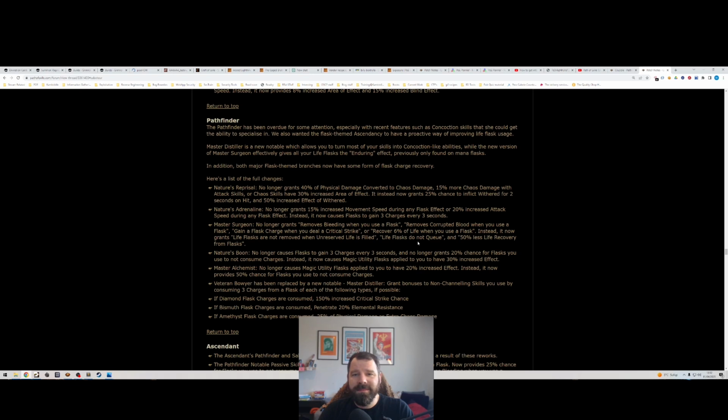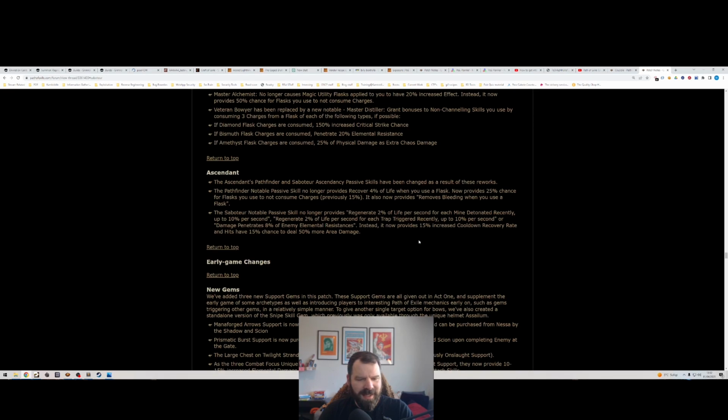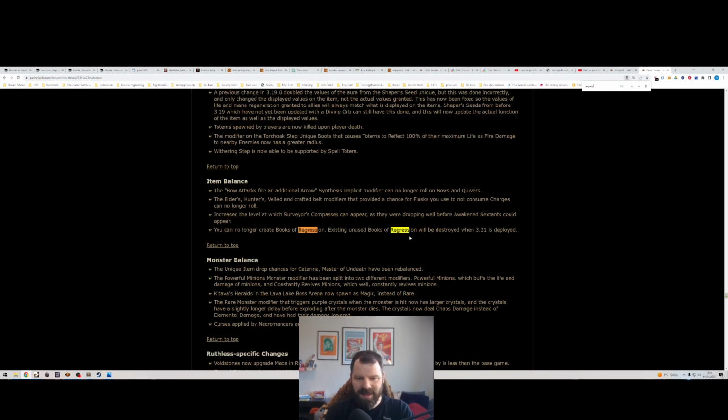Infinite Heist is dead. That's gone. You can't do that anymore. It's completely removed. They changed, I think it's the Book of Regression. Yeah, you can no longer create books of regression. Existing unused books of regression will be destroyed when 3.21 is deployed. So, Infinite Heist, completely gone. Completely removed from the game. This might reduce the cost of Divine Orbs at the beginning, because they tend to hyperinflate pretty quickly from people just running Heist a lot,